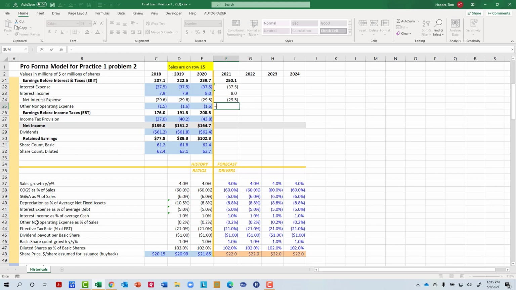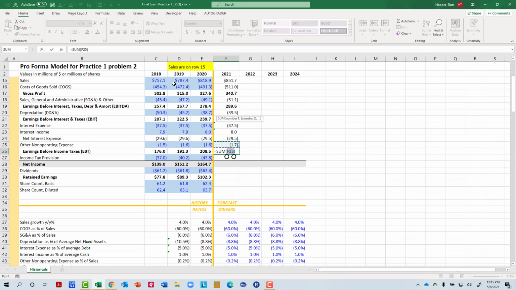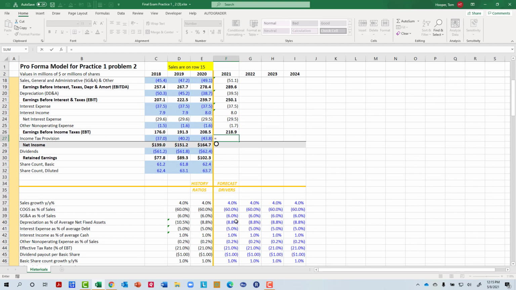Non-operating expense, other non-operating expense times F15 because sales are on row 15. And then we can subtotal. Now this subtotal is tricky, right? Because we need to start with EBT and then pick up our net interest expense and our non-operating expense. Close the parentheses. Tax provision is the tax rate times earnings before taxes. And one last subtotal before we do